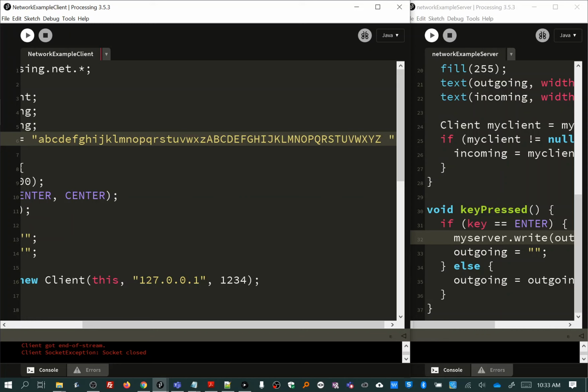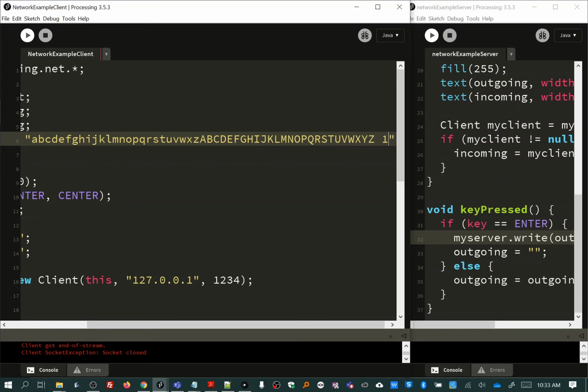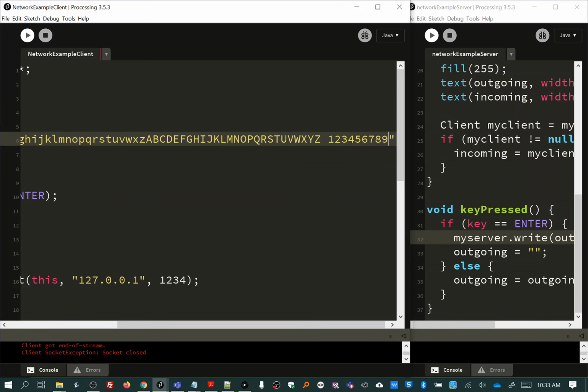Woohoo! I'm also going to put in a space, because space is a valid character. I want to have all the numbers, 1, 2, 3, 4, 5, 6, 7, 8, 9, 0. I want to have all these symbols. Let's do a crescendo straight down. You know, I'm not going to get too carried away. Question mark,